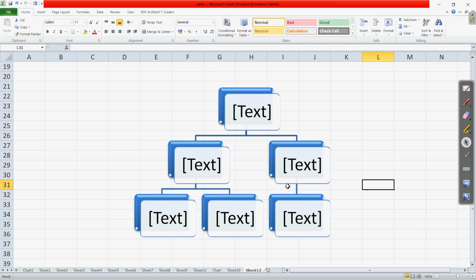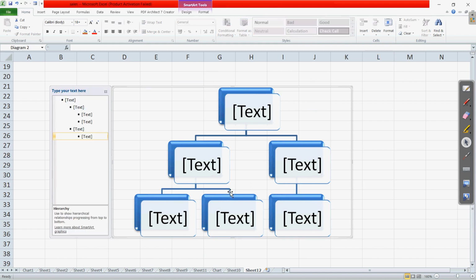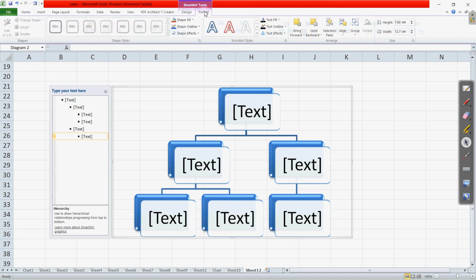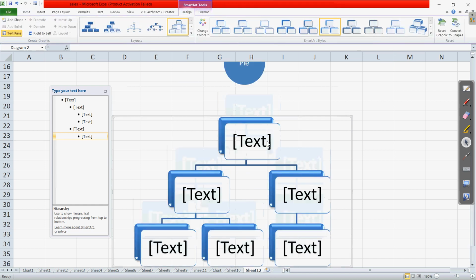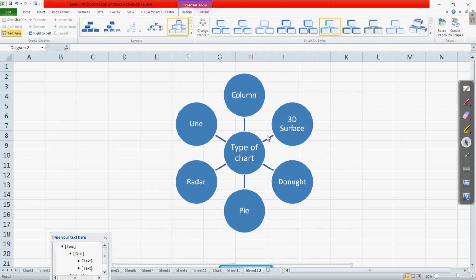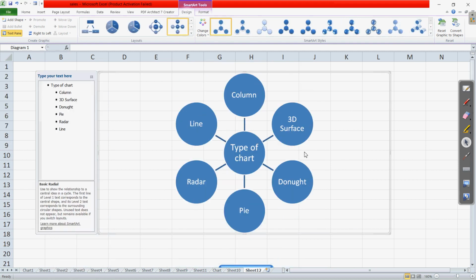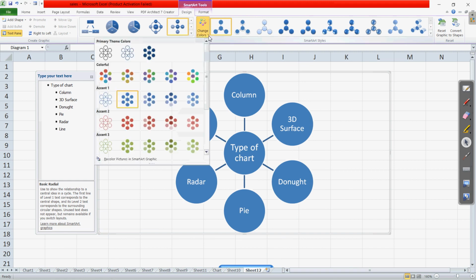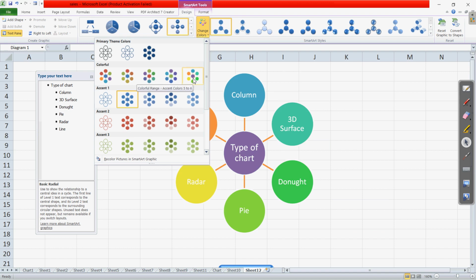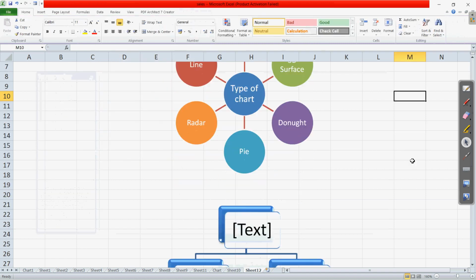So this way whatever the smart art we will choose, we will get the different options related to that from this design and format tab. Clear? Now if you want to change the color of any of this, so suppose I am selecting this. Clear? So this is now selected. If you want to change the color, we have this color option. Clear? So here you can see, if you want to make this in multiple colors, we have these options. So now you can see how beautiful, how much more attracting it is appearing. So we have these options using which we can add the colors. Clear?